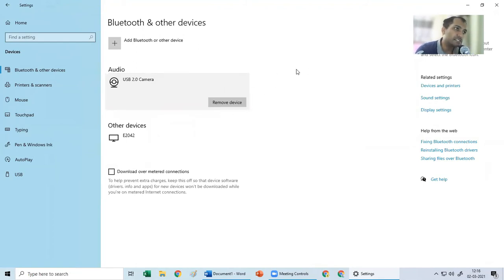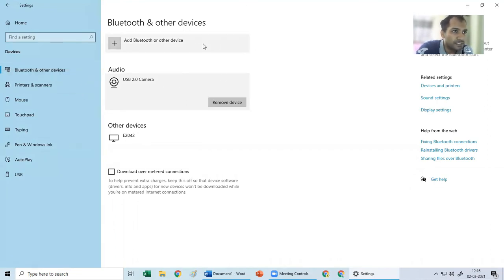The best part in this section is earlier you required the drivers, the CD used to come with it, but nowadays you don't require any drivers, just connect and it will automatically detect the drivers and you can start using it, plug and play. Other than this, you can get other devices like your Bluetooth speakers, your TVs, all other kind of devices you will be able to see over here. Now this is showing under audio because this has mic also.